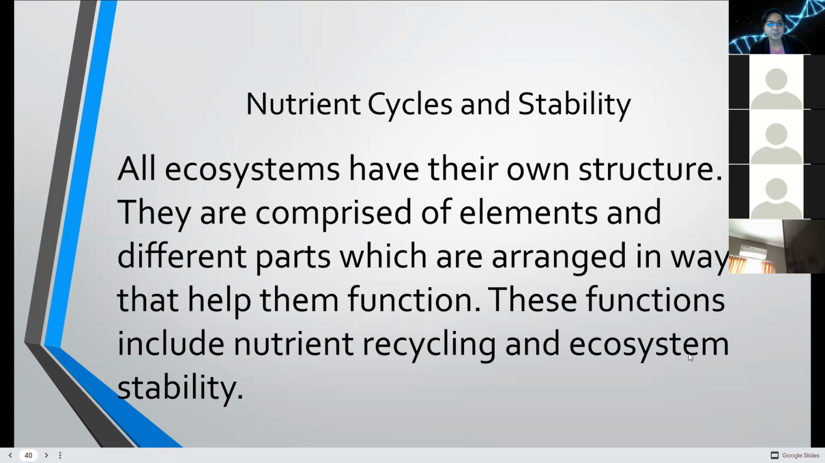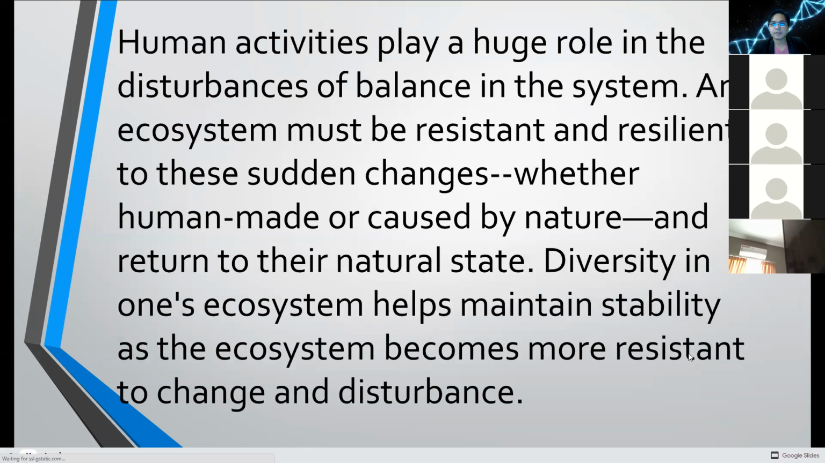Okay, these functions include the nutrient cycle or recycling and the ecosystem stability. Okay, human activities play a huge role in the disturbances of the balance in the system. As you can see, what have you observed? Okay, always human activity disturbs nature itself. An ecosystem must be resistant, okay, and resilient to these sudden changes, whether human-made or caused by nature, and return